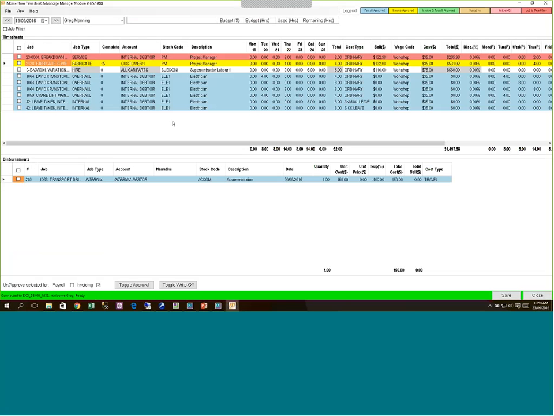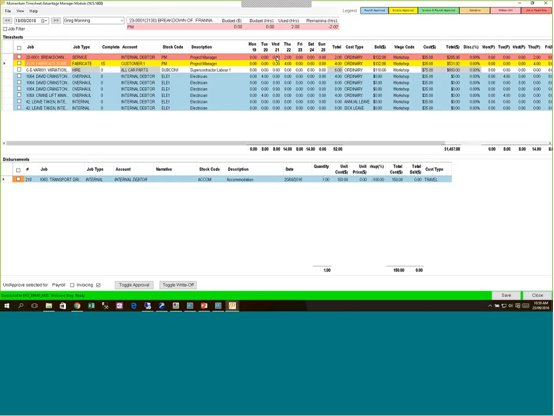So this is the weekly layout, and looks a little bit busy, but it's fairly self-explanatory. So again, starting with that first day of the week, we've got job type, percent complete, customer, stock code that's come through on the timesheet, days of the week,